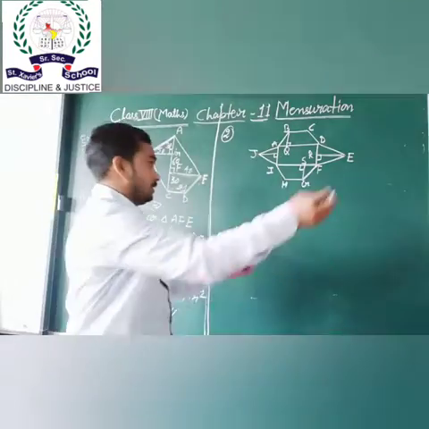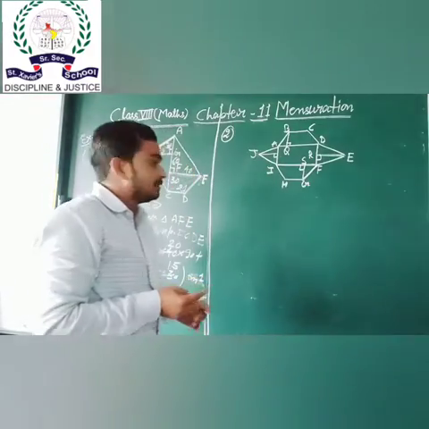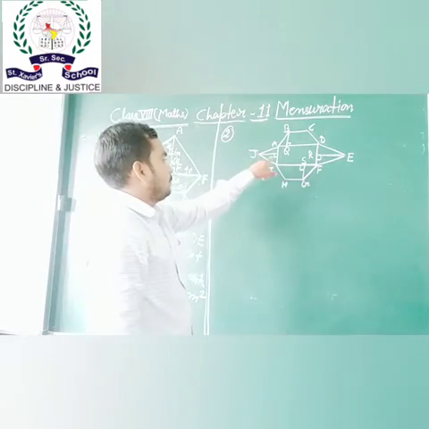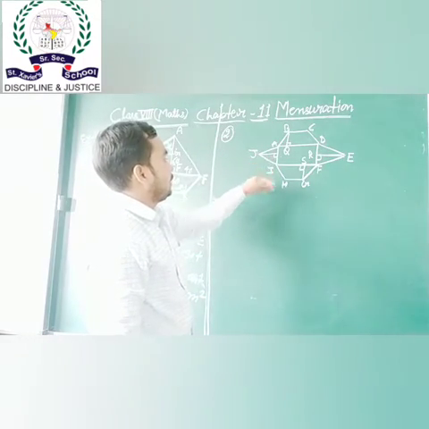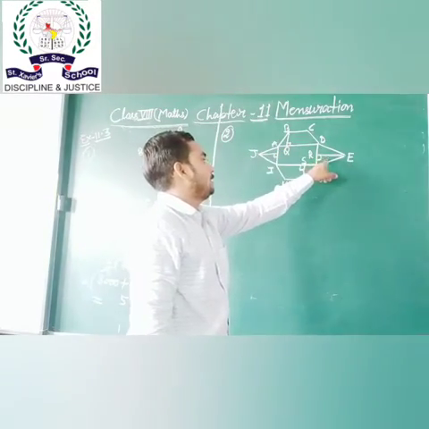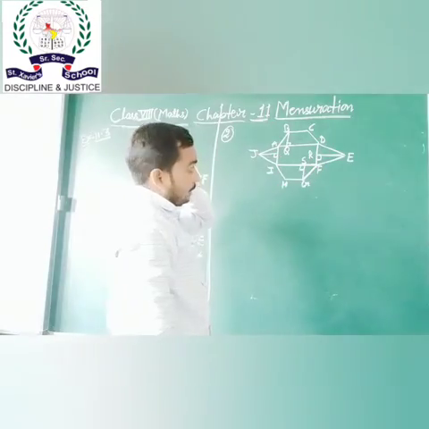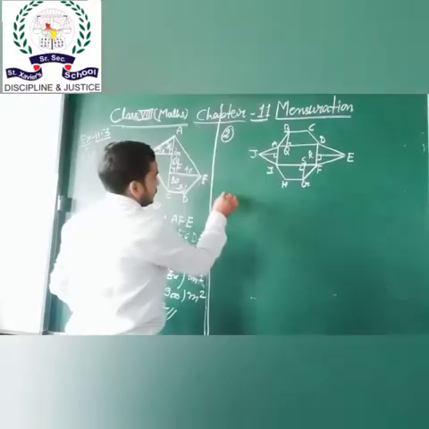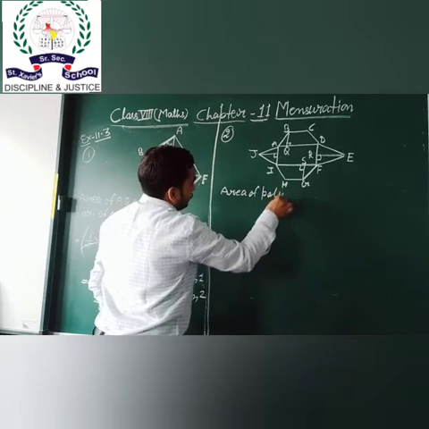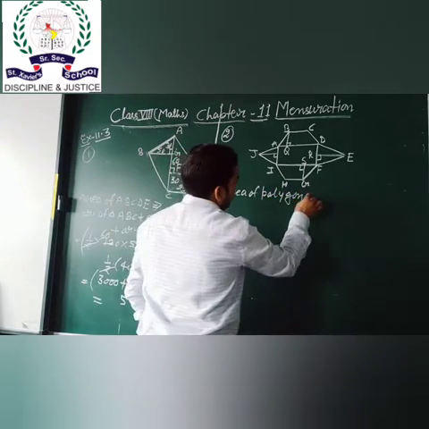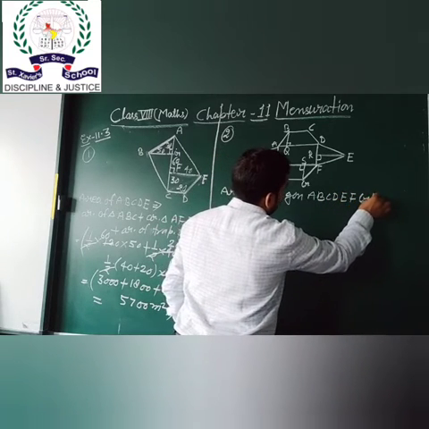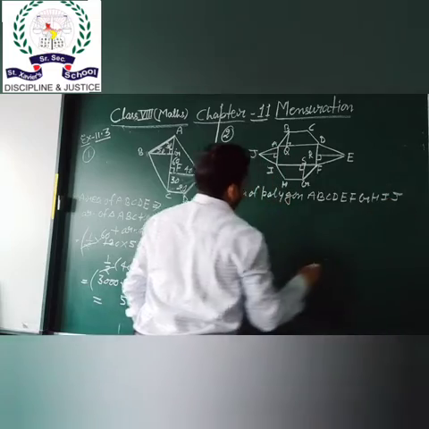So first we divide this polygon into different figures. So this is triangle AIJ, and this is trapezium ABCD. This is a triangle DEF, and AIFD is a rectangle. So area of polygon ABCDEFGHIJ equals